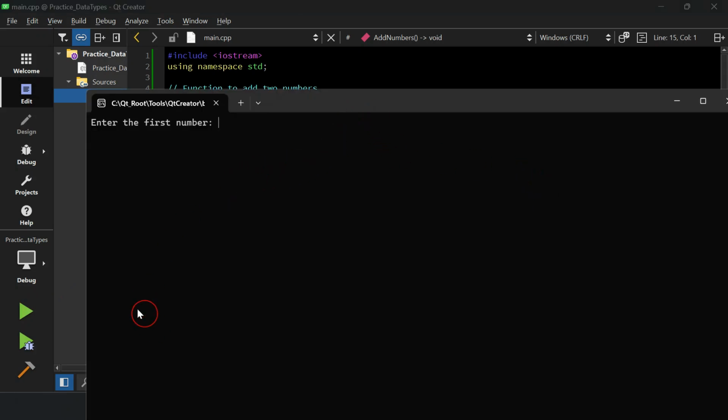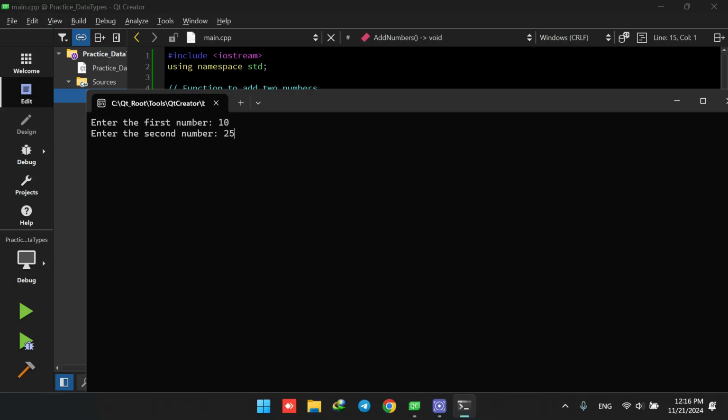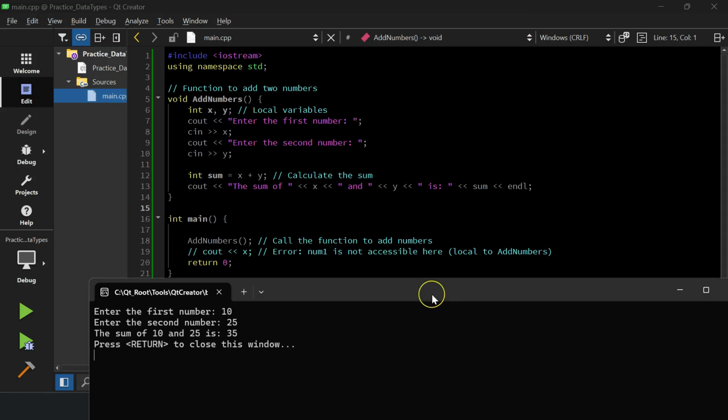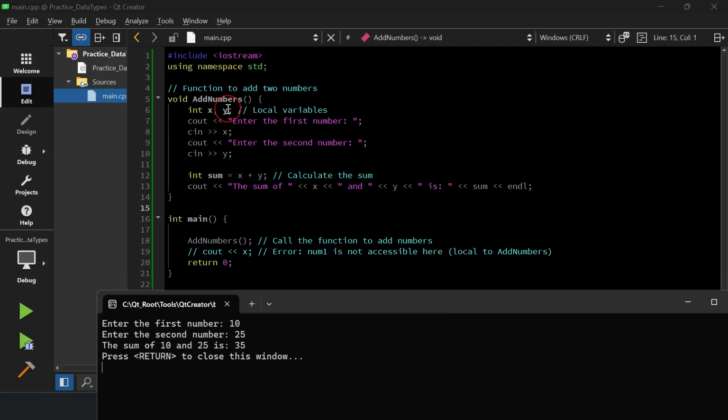It says enter the first number, I would say 10. Enter the second number, I would say 25. So it says that the sum of 10 and 25 is 35. So here it is asking the first number, storing it, second number, storing it, doing the calculation and printing the